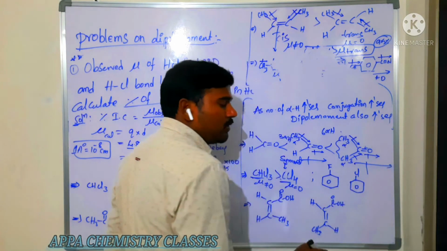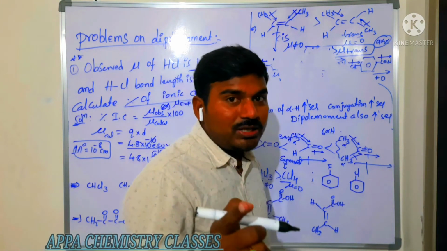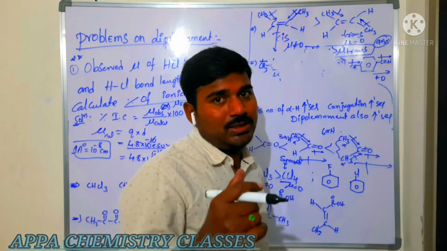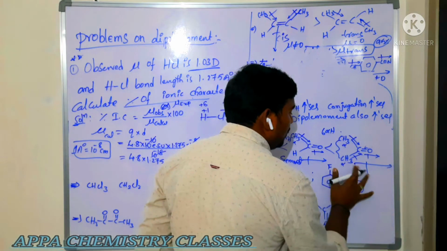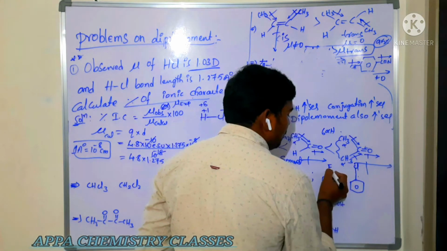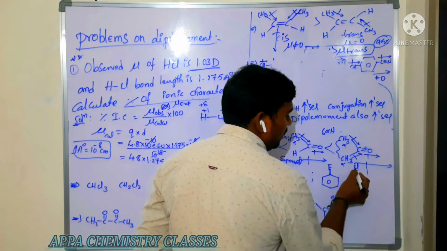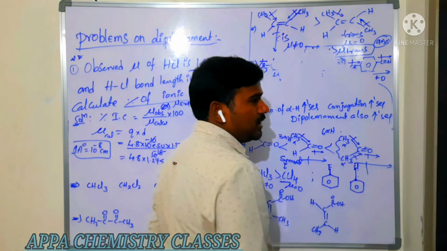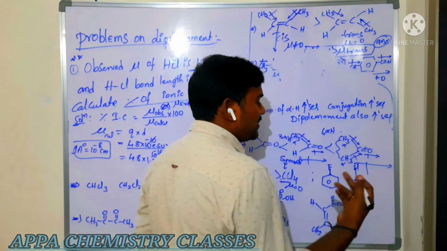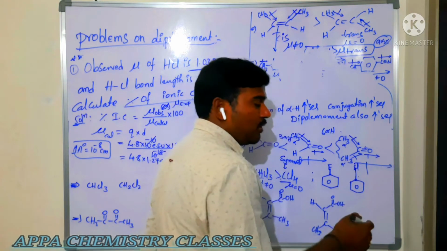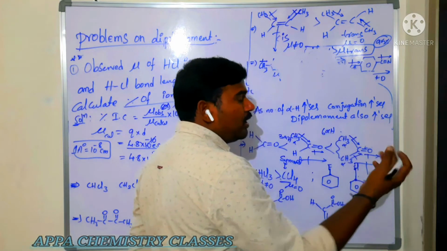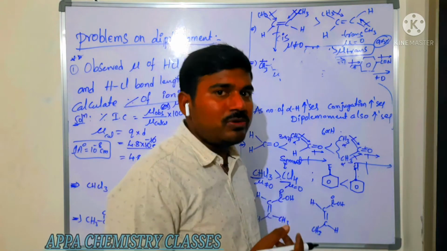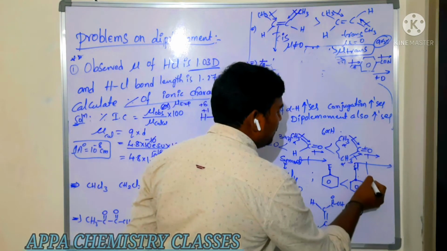Now among these, fluorine and chlorine, which is having more dipole moment? In case of fluorine and chlorine, in an organic compound, you need to consider the bond length. Here in case of chlorine to this carbon, the bond length is more when compared to carbon to fluorine, because it is a large sized atom, but the charge is more here, the charge is less there. So when these two are fighting, what happens experimentally? It is observed that the carbon to chlorine bond length is more, so it dominates over the charge. So that is why chlorobenzene is having more dipole moment than fluorobenzene, to remember, which is very very important.